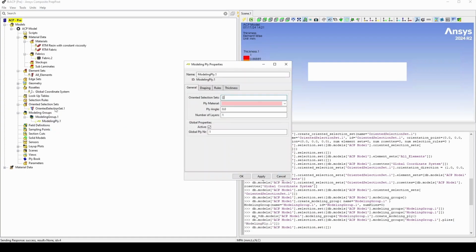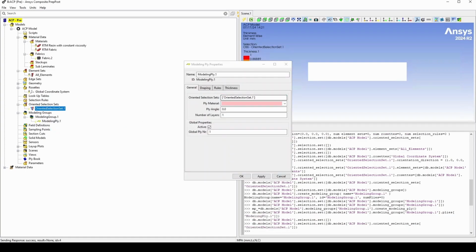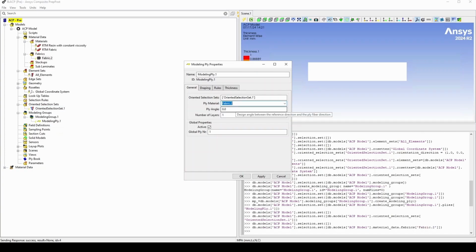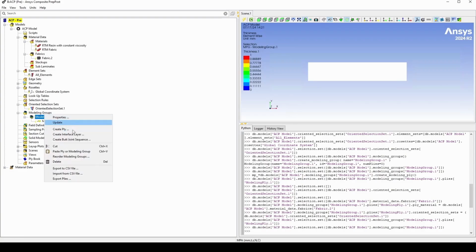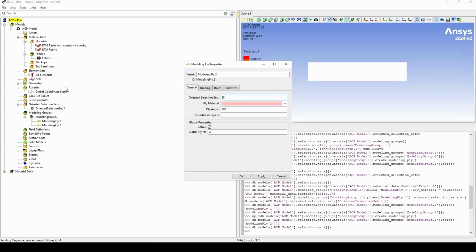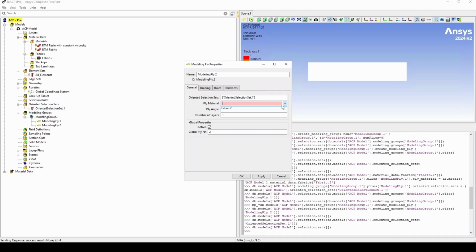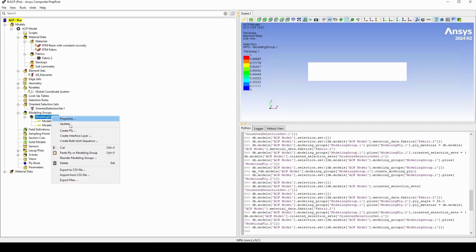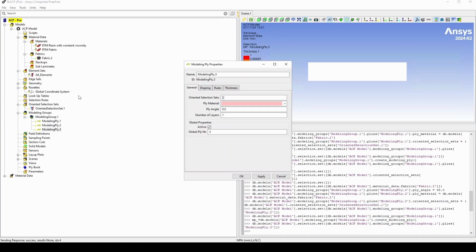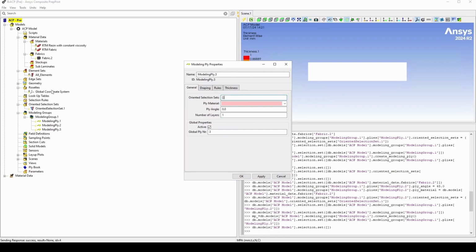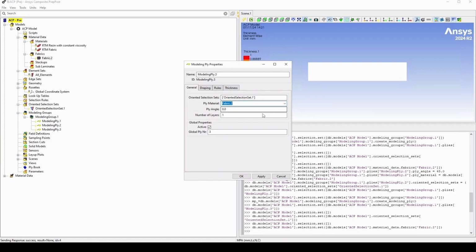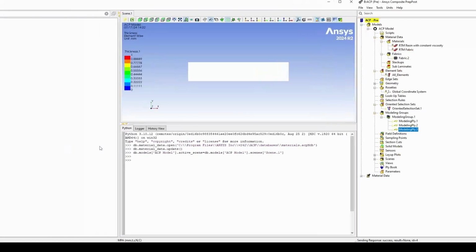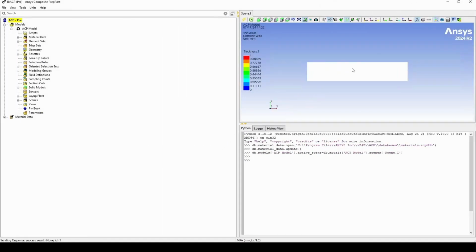In this case, we'll select the orientated selection set as the one we created earlier, material as fabric 2, and we'll have one layer of 0 degree, and we'll insert another ply, which will have the same settings, apart from the fact that this ply will have an angle of 45 degrees. And finally, we'll create one last ply, again with an angle of 0 degrees. After all of this is done, we can close ACP here